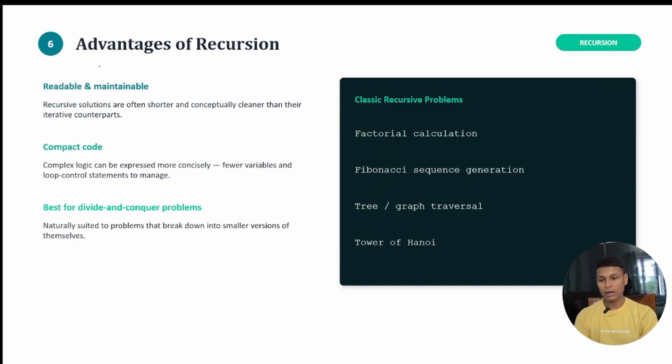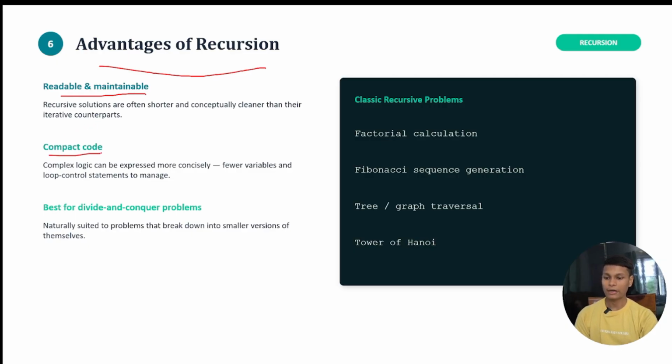Now let's see the advantage of recursion. What is the advantage, and what is the helpful thing about using recursion? Recursion is readable and maintainable. It means that if you want to change anything, you can easily do that. If you get any type of error, you can easily find it, because it gives you more readability than a plain function. So that's why we are using